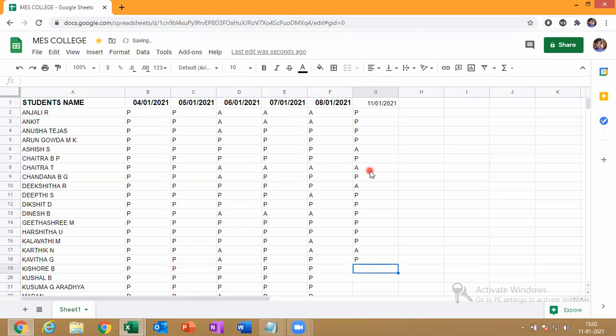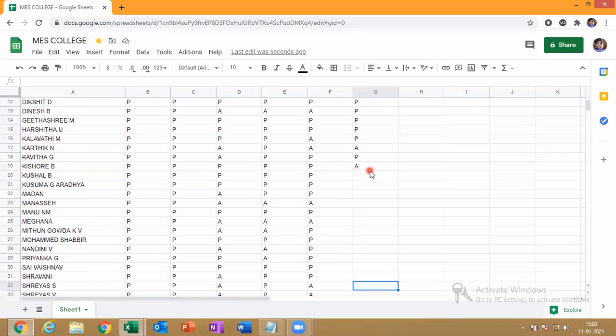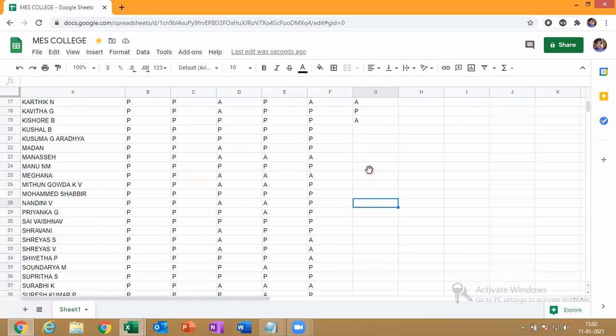Kishore B. Kushal B. Kushuma G, present, sir.